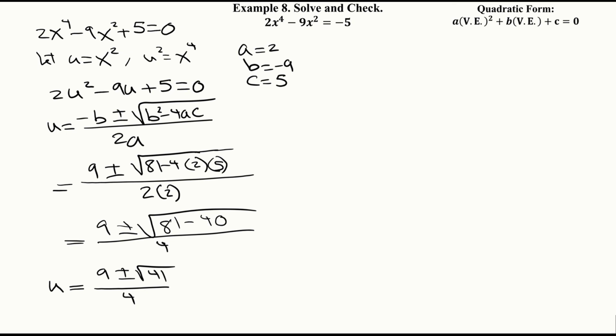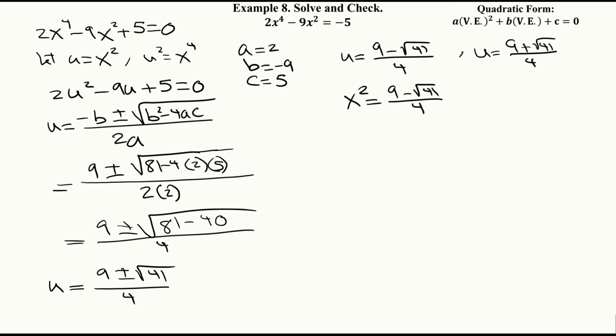So let's split those two solutions up. One of them is u equals 9 minus the square root of 41 over 4, and the other one is u equals 9 plus the square root of 41 over 4. So now we go ahead and replace u with x squared. So we get x squared equals 9 minus the square root of 41 over 4, which incidentally does happen to be